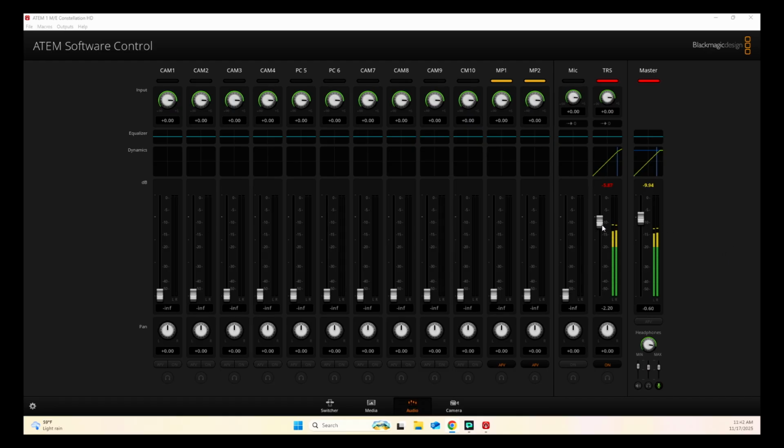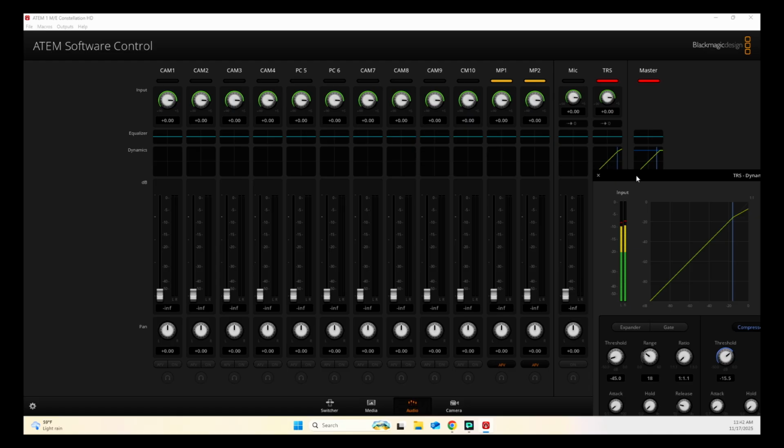The audio mixer is getting sound and it's routing it back out here. So that's great. That's exactly what you want. So you can adjust volume and you can see that it makes things louder, or you can adjust the master volume. This looks like an audio mixer. If you know how to use an audio mixer, you know how to use this. And if you want to access things like compressors and limiters,